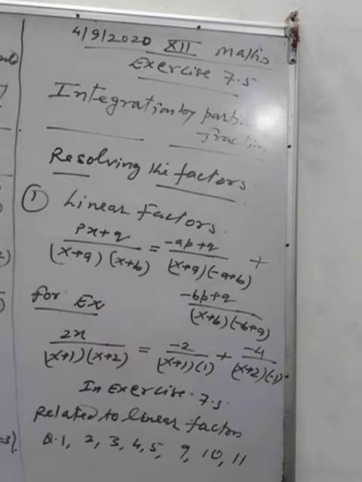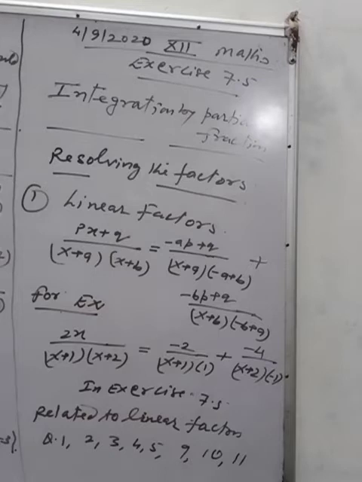first you will write the first factor of the denominator, x plus a, then from this determine the value of x by putting 0. Means when you put x plus a equal to 0, you will get x is equal to minus a, and this value is put in the numerator and in the second factor. So in the numerator, when you put x is equal to minus a, you will get minus ap plus q, and in the second factor, x plus b, putting x is equal to minus a, you get minus a plus b,